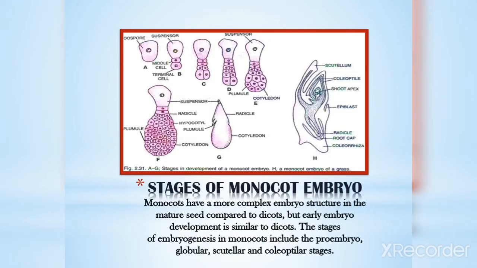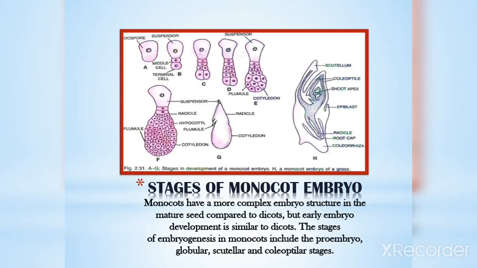Well, this is about the monocot embryo. As we saw in the dicot embryo, now we are studying the monocot embryo. Children, you can see that the same kind of formation occurs, the 2 cell stage and all. Both the dicot embryo and the monocot embryo follow the same line of progress, and there will be a particular point where they deviate, because monocotyledons have only a single cotyledon.